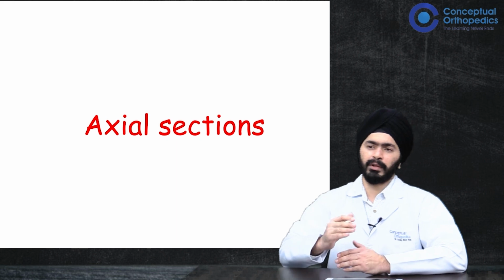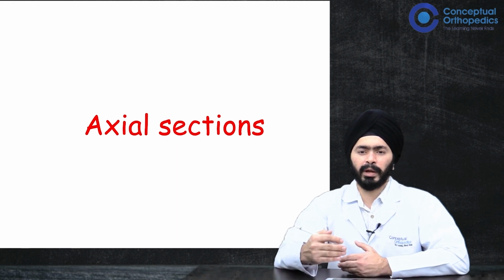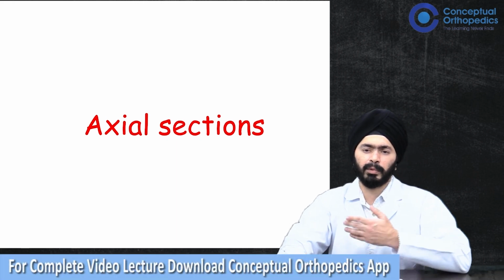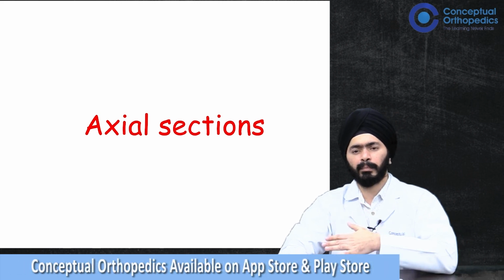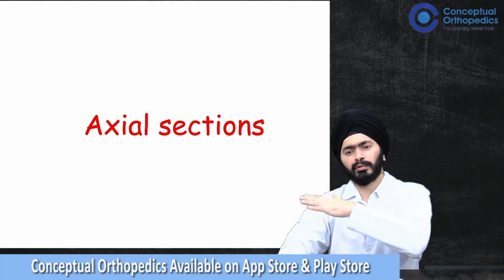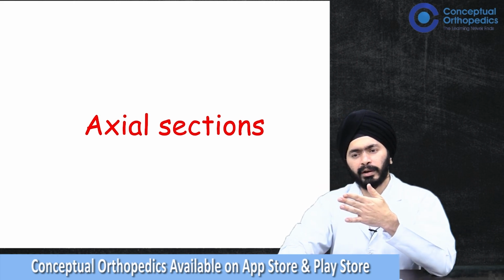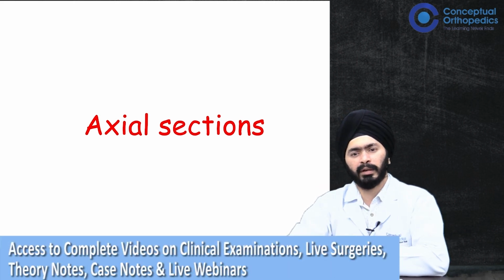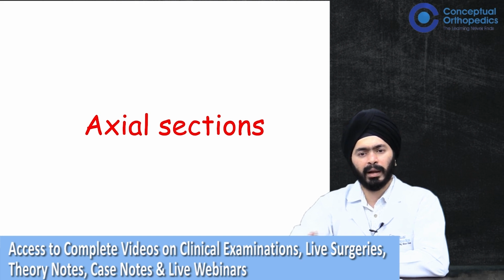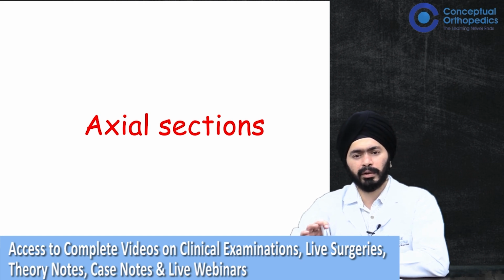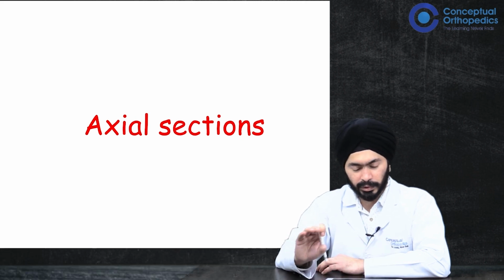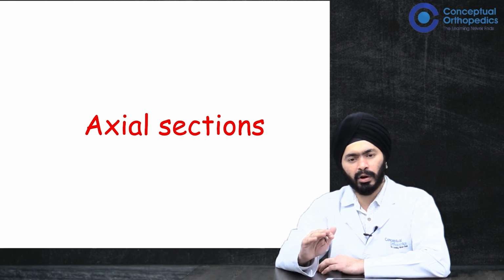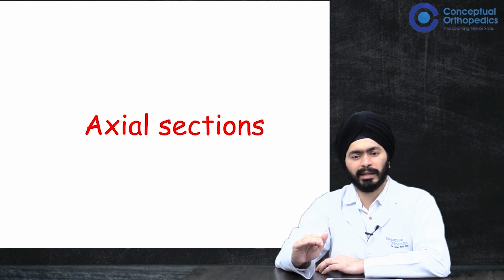So when you read an MRI, you have to go in a sequence, you have to formulate a sequence in how to go about reading. You have to be comprehensive, you have to first find out what is anterior, what is posterior, whether you're going from medial to lateral, lateral to medial, top to bottom, so that you know in what sequence the MR images are proceeding. So first we talk about how the axial sections look to you, what you are looking at.